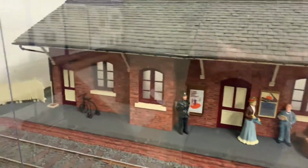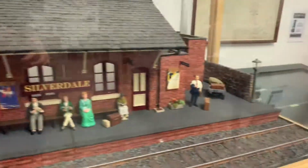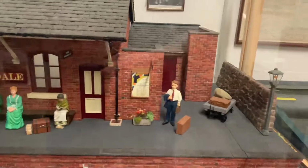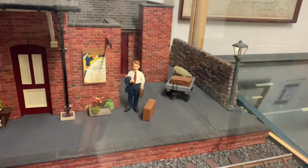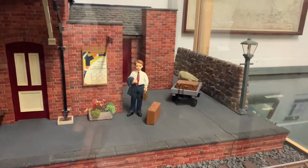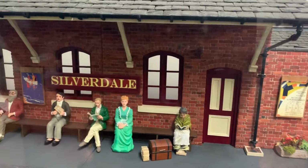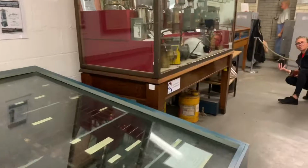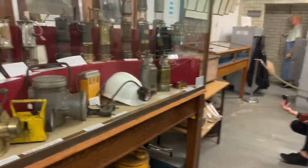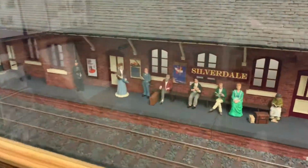Silverdale Station. This guy looks like he's getting the train to work, but he looks about 7 years old. That train station reminds me of The Woman in Black. Yeah, I was thinking that actually. It's like the train station from The Woman in Black, if you've seen that film. It's got Harry Potter in it. Well, it's not Harry Potter. But